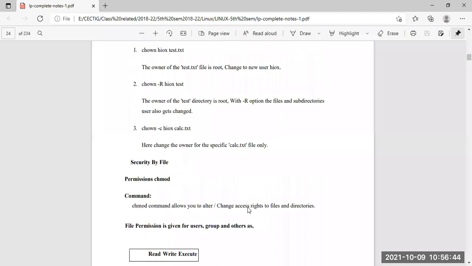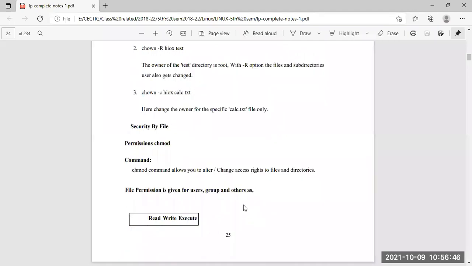Now security for the file. I am telling you from the very first day that Linux is much more secure. Why secure? The security of Linux is much higher. So that's why if there is any secure transaction, any server, or anything that needs to be handled, then the operating system for that particular thing is basically Linux. So among the Linux commands, there are commands for security for the files.